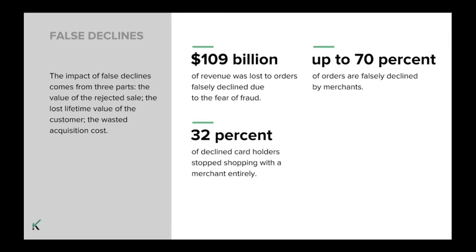But 70% of those declined orders are in fact false positives, which means at least 30 of those orders being rejected were actually legitimate. So if you take the 30 orders that were rejected and multiply it by the $500 per order, you're at $15,000 of your advertising budget wasted, and that's not including the potential you lost from declining those orders. So you can see that the impact of false declines to merchants is really great.